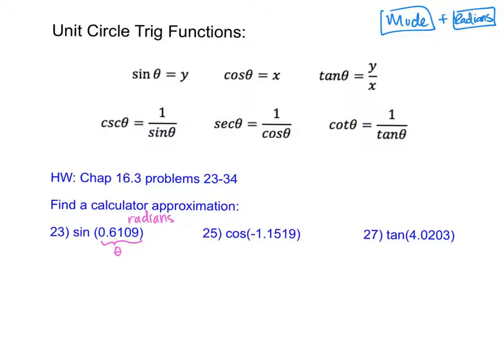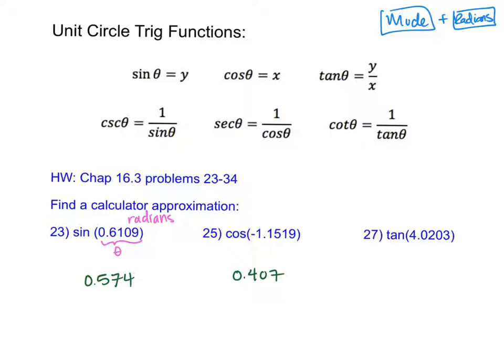So to work out this problem, I would just type in sine 0.6109 into the calculator. If you plug this in, I'm just going to round to 3 decimal places here, you get 0.574. And then if you were to type in cosine negative 1.15119 into the calculator, you get